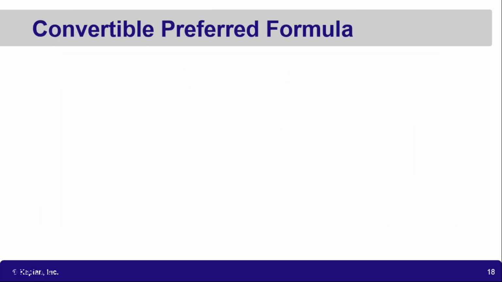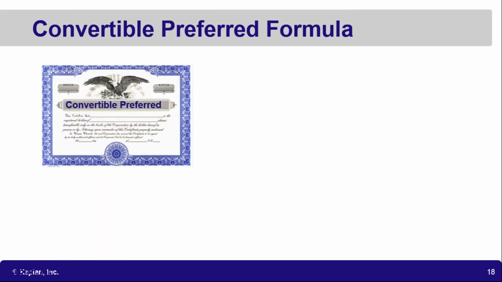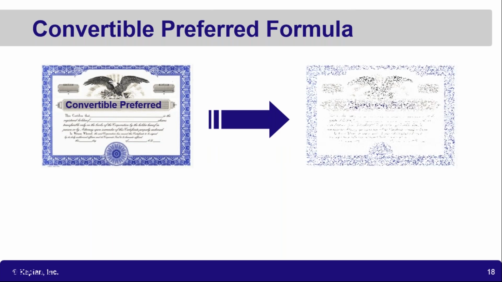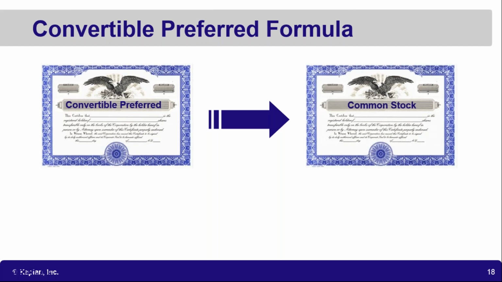Another type of preferred a lot of companies sell is the convertible preferred. Now, this isn't a convertible like a convertible driving a car. This is convertible stock that you convert into the common stock of the corporation. You can convert from the convertible preferred into the common stock of that corporation. Now, why would somebody want to do that? Well,